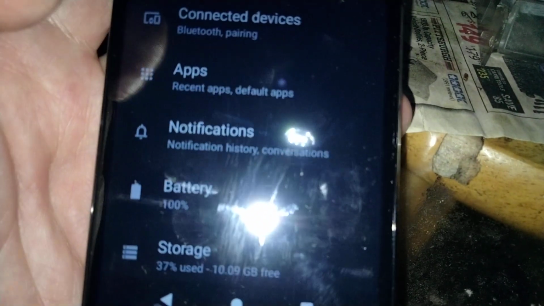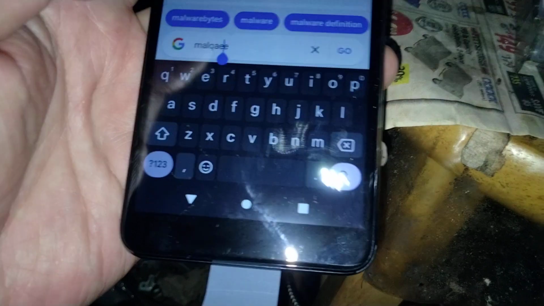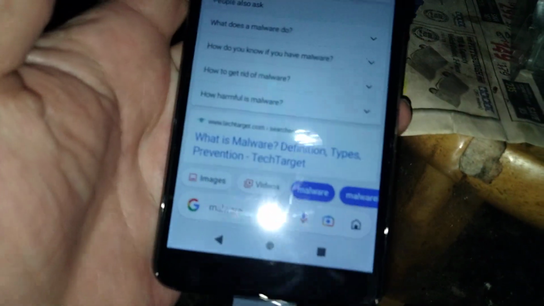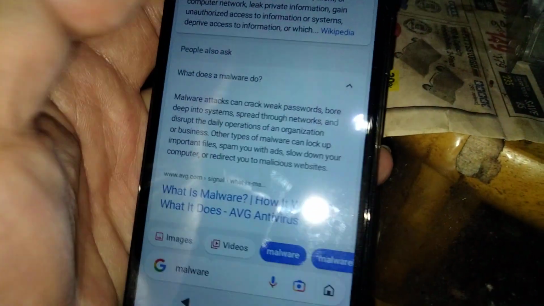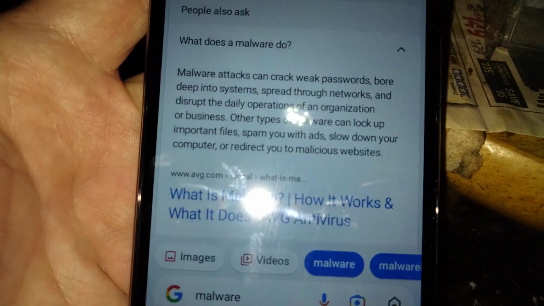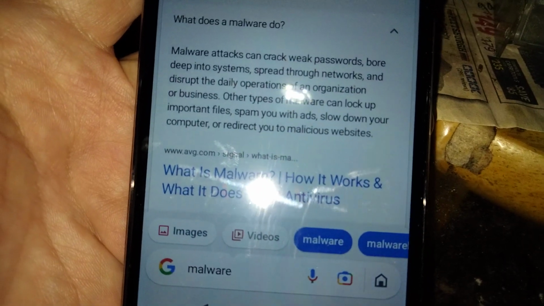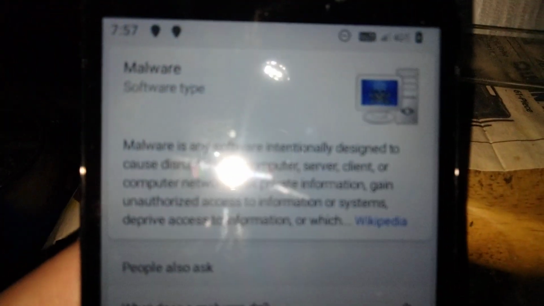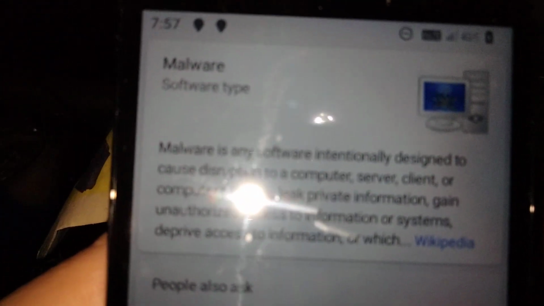And there's also apps. To scan apps, what you want to do is actually download a malware type of software where it deep scans and things like that. Sometimes shopping ads will just stay stuck in the background. What does malware do? Malware attacks can crack weak passwords, and bore deep into systems. So the malware will scan, and when I scanned my phone, it actually picked up some old advertisers from the apps that I wanted,